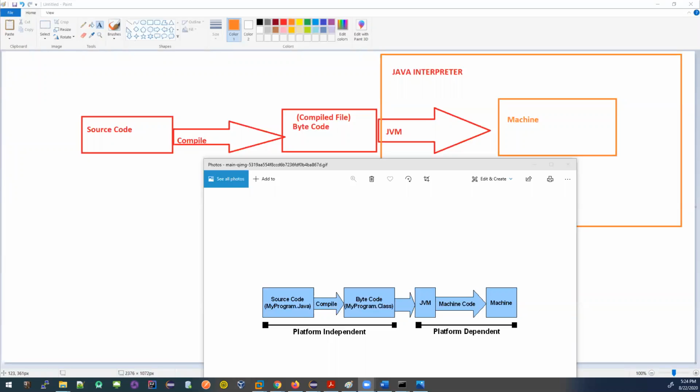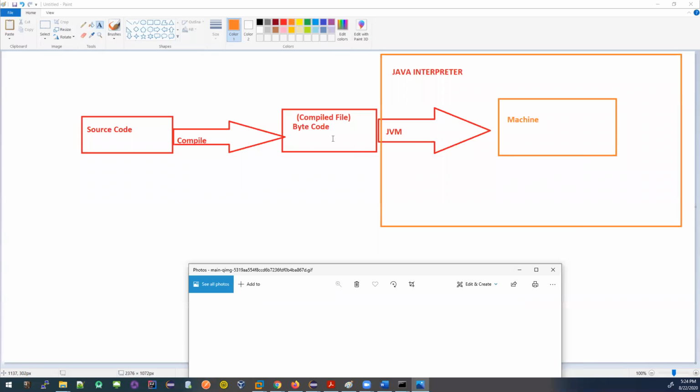Then you will compile it. When Java compiles it, Java will convert that file to another file with a .class extension. We call it the compiled file, and the special name for it is bytecode. We know the nature of a compiler is that it converts the file to something a machine can understand. Here, this compiled code is created for the Java virtual machine. That means the Java virtual machine will understand this code.